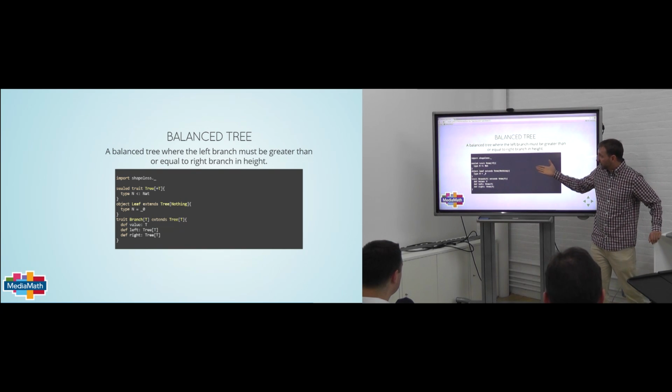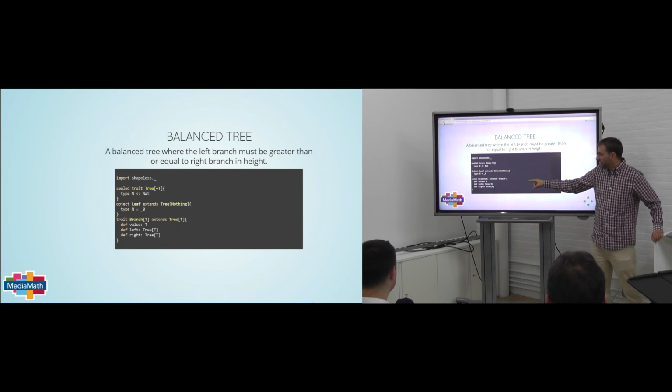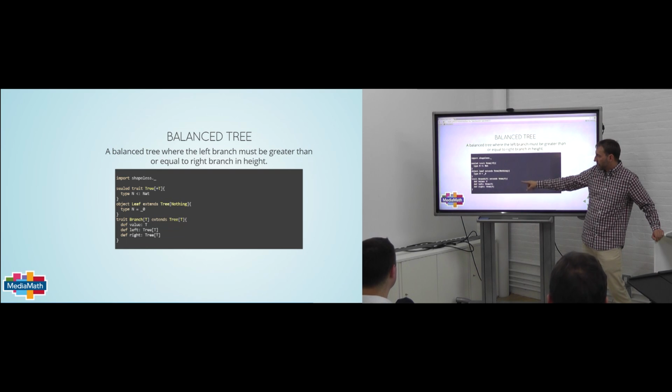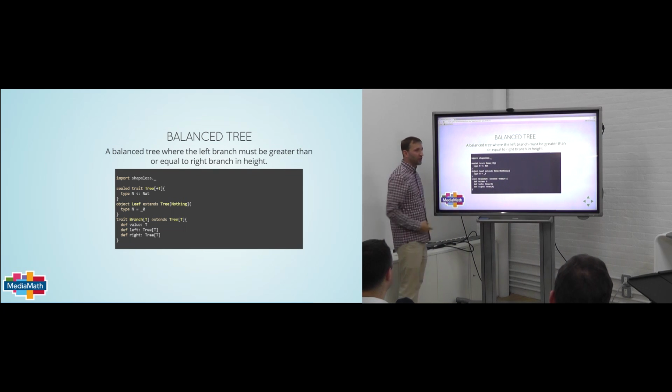So I'll just have this sealed trait. Subject leaf extends tree, kind of looks like Nil on list. And then this trait branch, which has a left and a right, a tree, and a value t. And I've got this weird thing here. So